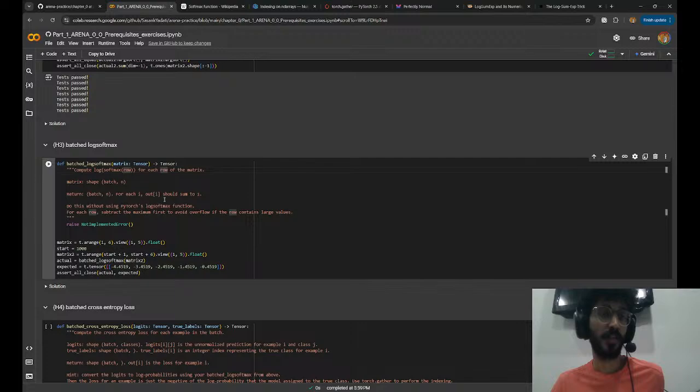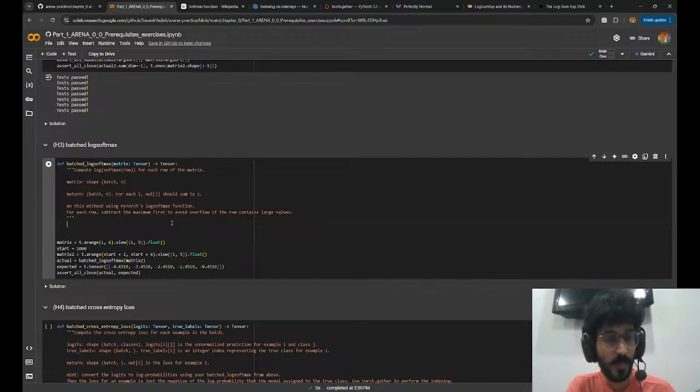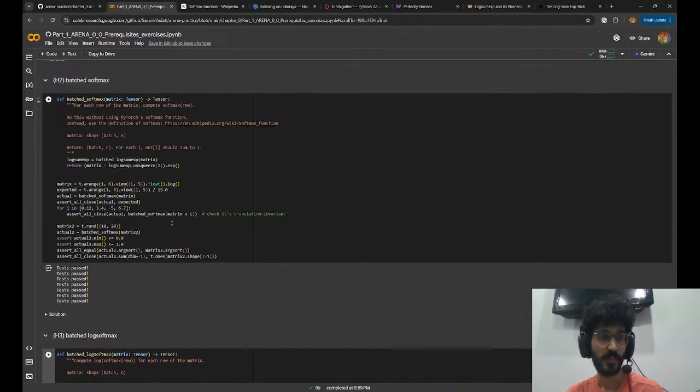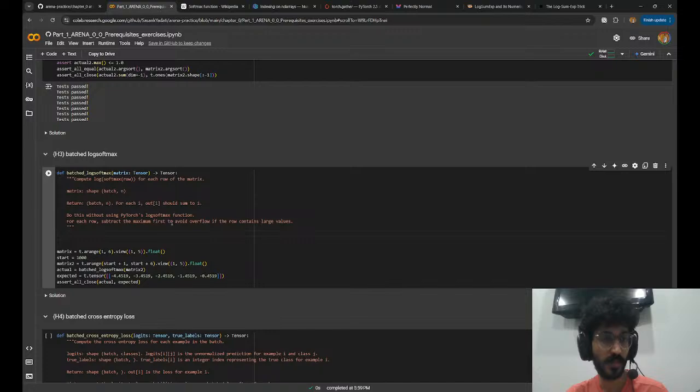So if you're doing softmax, you can add something to the row so that it's numerically stable while not really affecting the answer. So first, I could just do